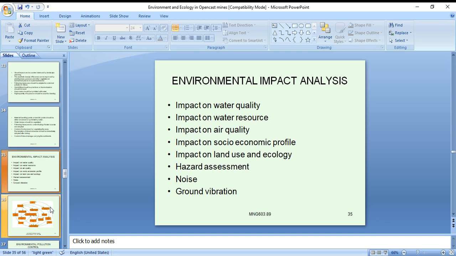These are the other impacts: water quality, water resource, air quality, socio-economic profile, land use and ecology, hazard assessment, noise, ground vibrations.